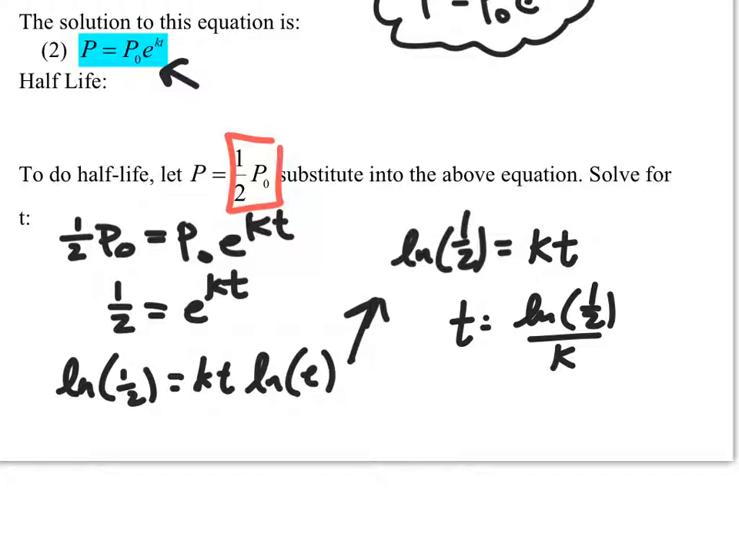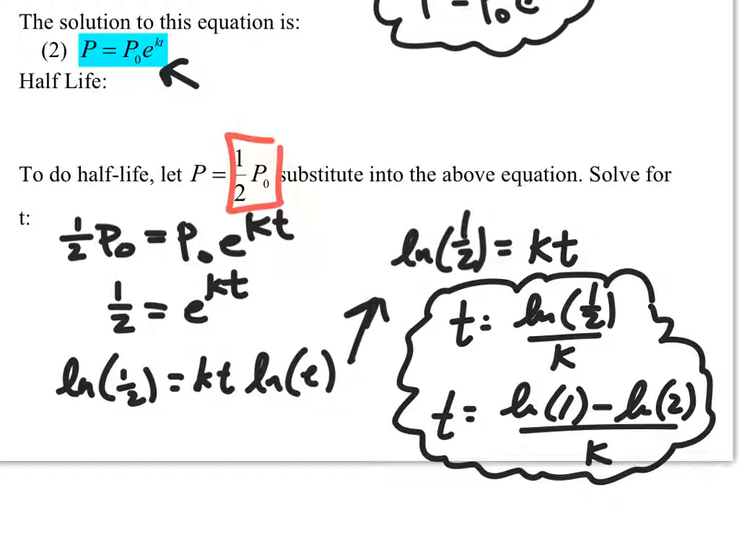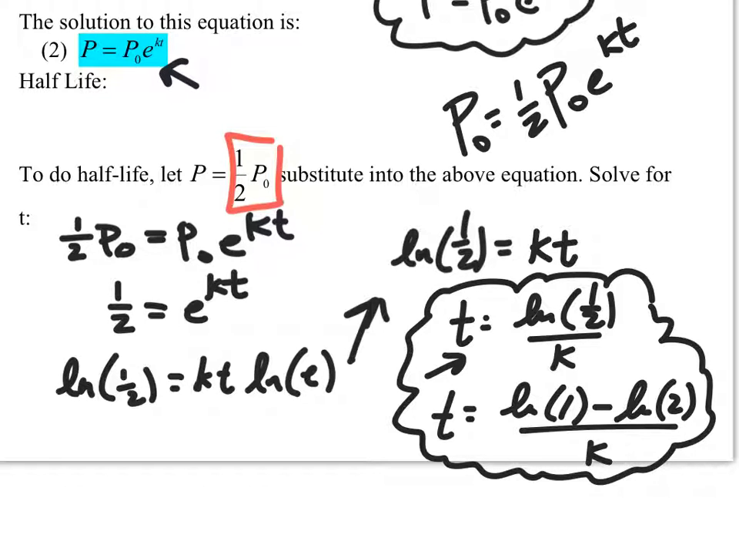And therefore, if we wanted to rewrite that, it's possible to rewrite it as the natural log of 1 minus the natural log of 2 over k, but not necessary. In some cases you might see it in that form. However, I would say this is your primary form. So this is useful because you will be given something like this on the exam, right? You'll be given this formula, and you can solve for t regardless of what your value for k is and what your population is initially